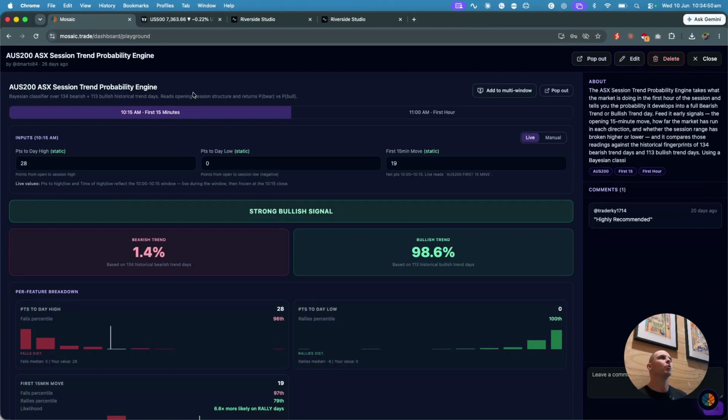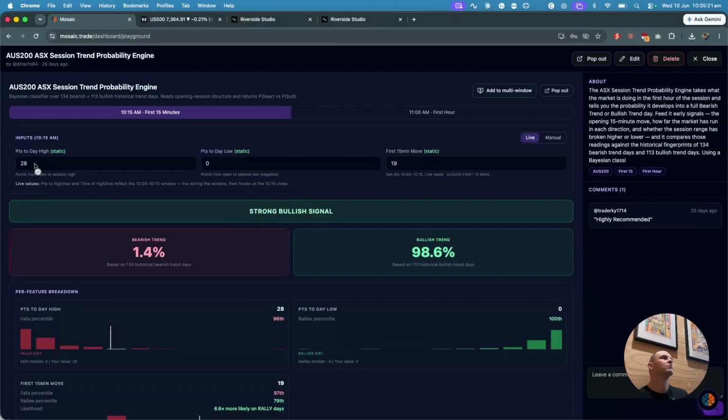I don't want to be sitting at the desk too far past 11 o'clock. I like to have the rest of the day to do my own thing. So this was essentially where this model was born out of: I want it really clear what direction the market is going, and which side of the market I want to be on. It sounds very, very obvious looking at this today, because